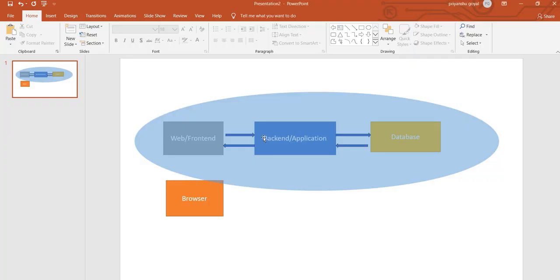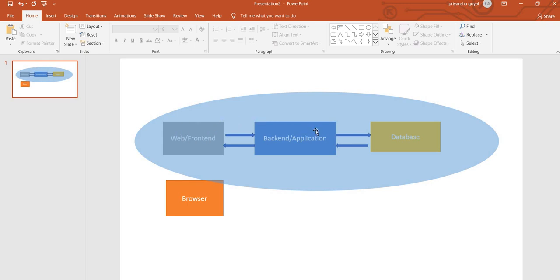So now we have looked at backend code also. Usually what will happen is something would be requested by the front end which this backend code will supply. How will it supply? Either it will check from the database, fetch something, and do some manipulation of the data. It will fetch some data from the database, put it in a list, run some if else conditions on that data and supply it back to the front end. That is how it is happening.